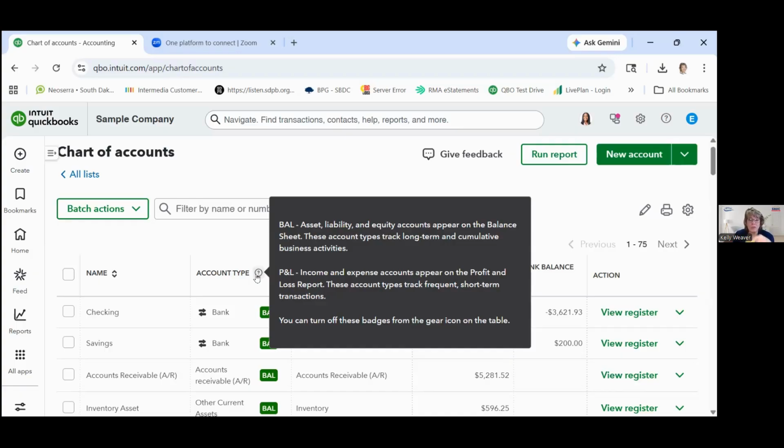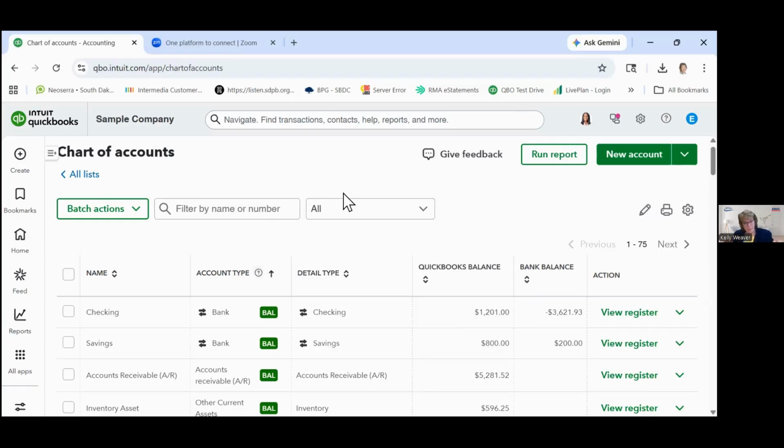So cumulative statements there. Profit and loss statements show income and expenses and the resulting profit or loss, therefore the name of the business. And those are specific to a particular time frame. So if you run a report for this year, January through December, it is only going to show income and expenses for this year. So the balance sheet is the cumulative statement that kind of shows the life of the business from day one. The P&L shows the activity for a given period.